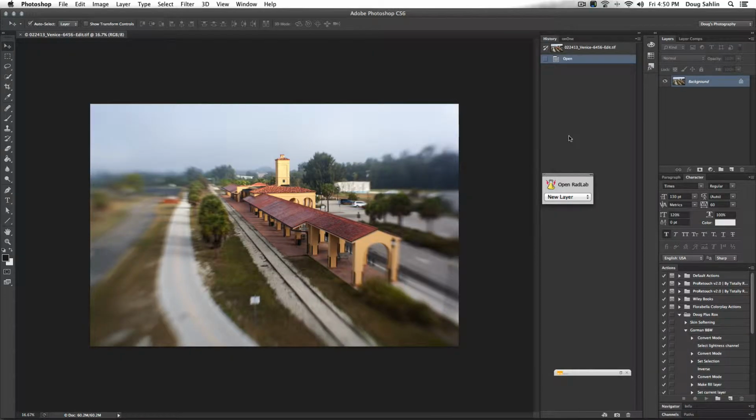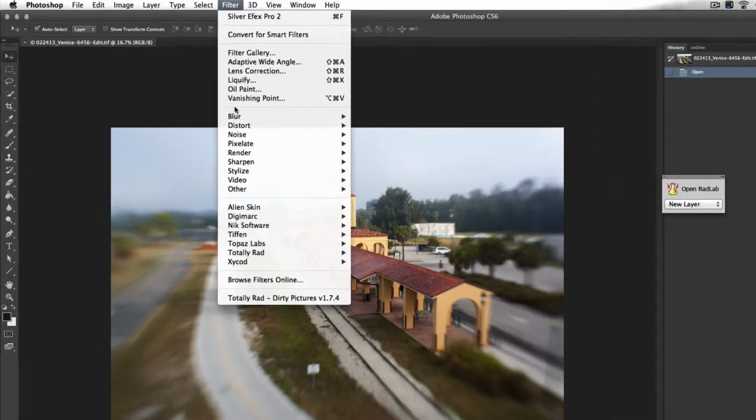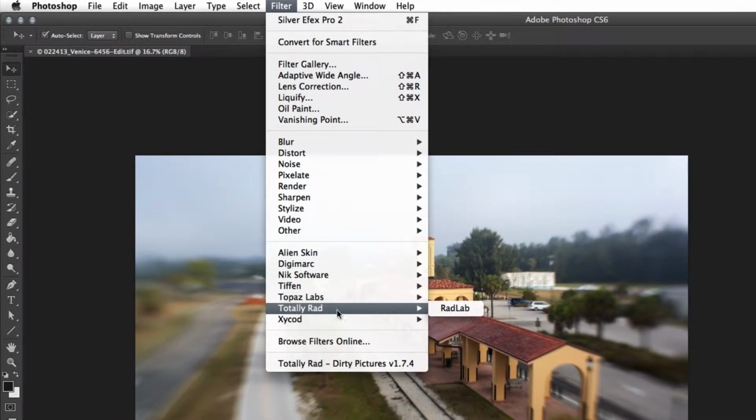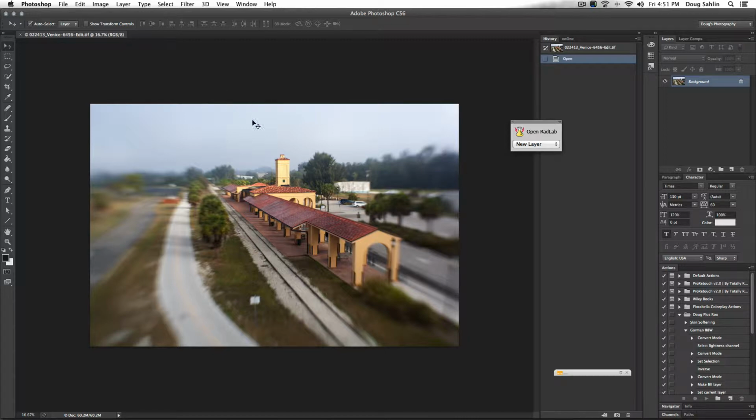I'm in Photoshop and I want to show you what I think is one of the coolest little plugins that I've used in a long time. It's made by a company called Rad Lab. Now there's two ways you can get to the Rad Lab filters. You could choose Filter, Totally Rad, Rad Lab,